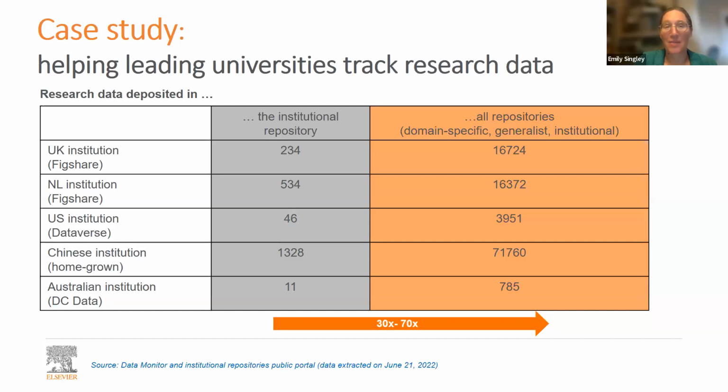And then in column 3, you can see how much data was actually in all of the other repositories. I love this slide because as someone who used to run an institutional repository, we always sort of wondered why our numbers were kind of low. And we always suspected, well, we know they're putting their stuff somewhere, but where is it? And then the NIH came out with their guidance and said, we prefer the disciplinary repositories, right? So if you're an astrophysicist, you should be in arXiv, right? No questions asked. Great, but then the university doesn't know that the astrophysicist has put their research and their data into arXiv because the astrophysicist probably doesn't go to their librarian and tell them that, right? So I think this is great, really shows, yep, most of your stuff, it's somewhere else, right?